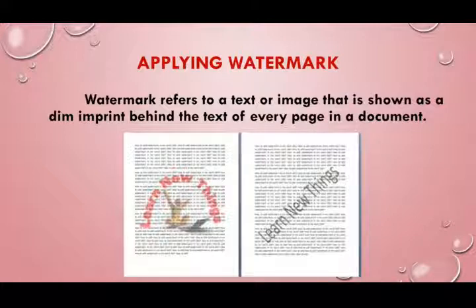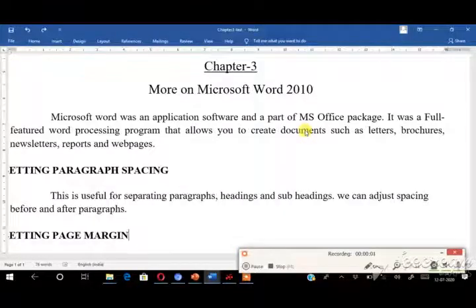Now, I am going to explain how you can set the watermark in your document. There are two ways you can set your watermark in your document. First one is you can choose the predefined style of watermark from MS Word. Second one is you can set your own text and picture as a watermark. Let us see how to set the predefined style of watermark from MS Word 2010.